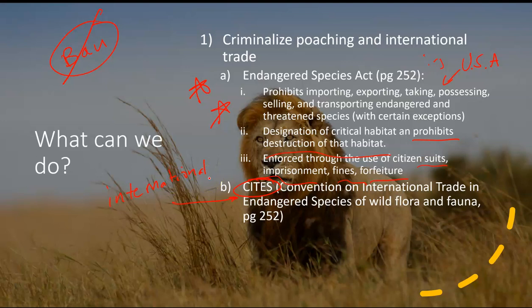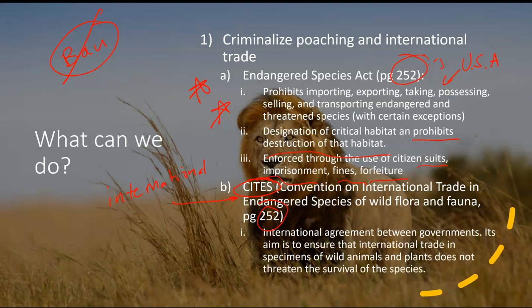Often referred to as CITES. That is an acronym which stands for the Convention on International Trade in Endangered Species of Wild Flora and Fauna. Now, both of these are discussed in a little more detail on page 252 of your textbook, right? So this international agreement, its aim is to ensure that international trade in specimens of wild animals and plants does not threaten the survival